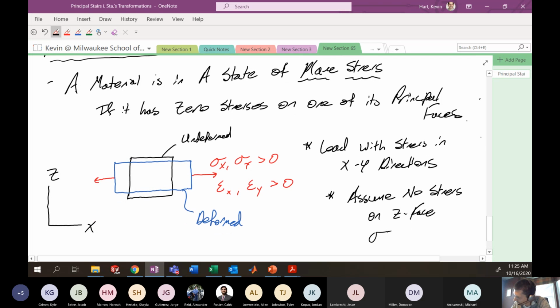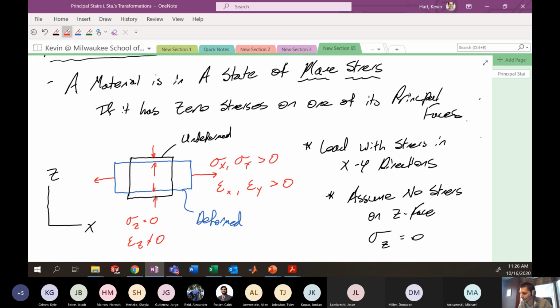Okay, so in that situation, sigma Z is equal to 0. That means here that I have no stress in the Z direction. Nothing there. There's no stress there. However, because we have this Poisson effect, you see that there is a strain. So I'll say here that we don't have any stress in the Z, but the strain in the Z is not equal to 0. This is an important concept for plane stress, is that yes, maybe we don't have any stress in that Z